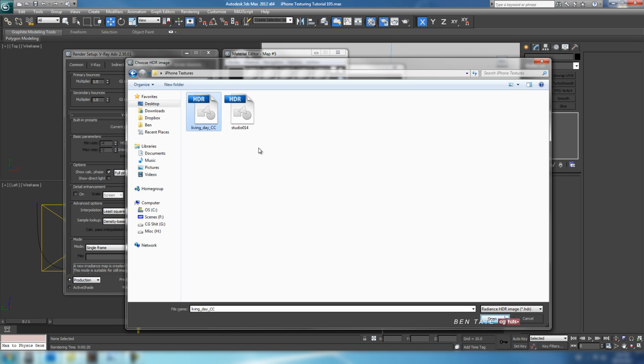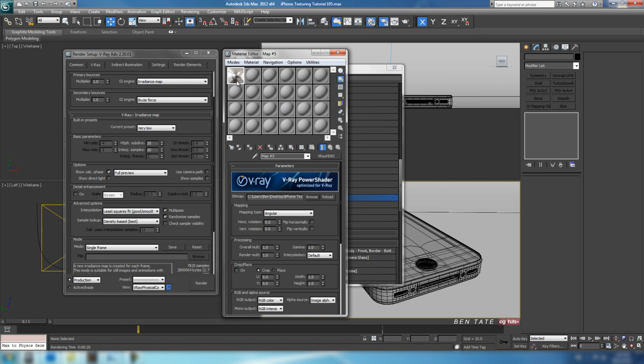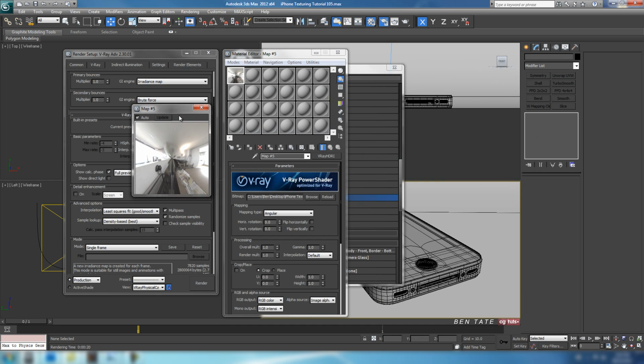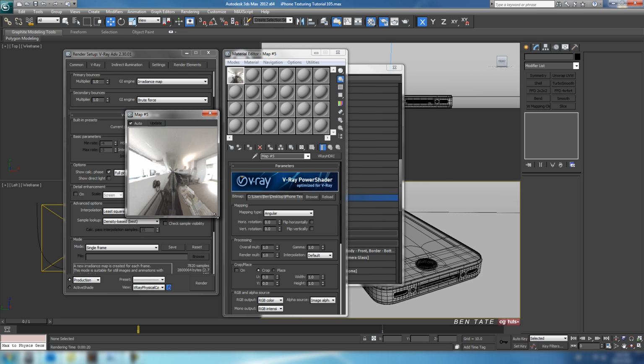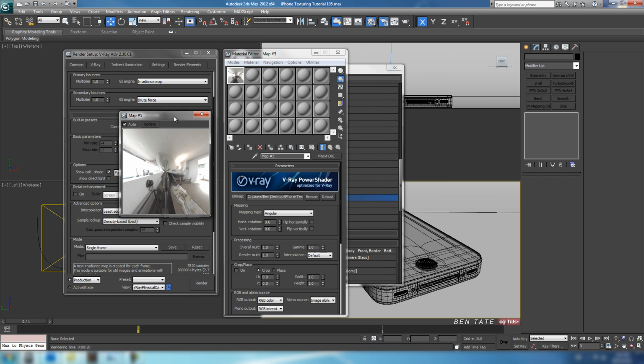Okay, and you want to make sure that's either in .hdr extension or .exr. You don't want to use a JPEG, else it's really not going to do anything. Okay, so I'm just going to use this one here. So we're going to open this up, double click our slot here, and this one was taken from Aversis.com. I believe he has some free ones still available, and this one's probably still available over there if you